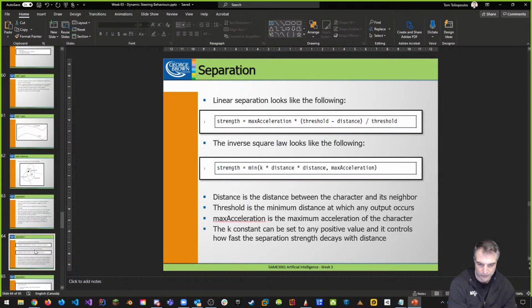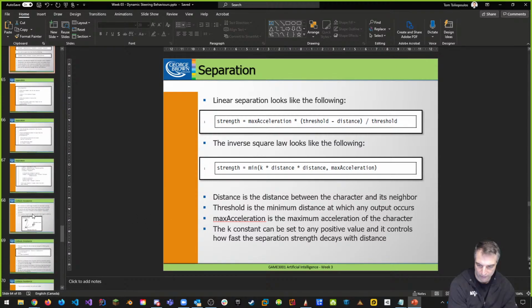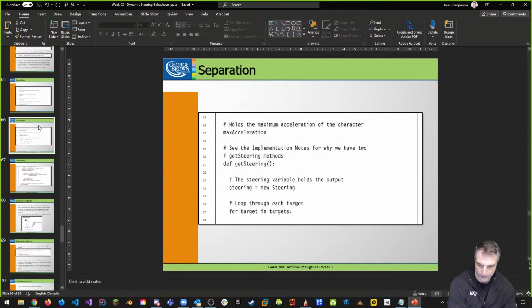And so what we want to do is have a maximum acceleration, and make sure that there's a minimum distance, calculate the minimum distance between where we are and other objects in the scene,